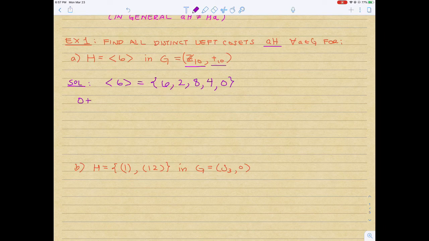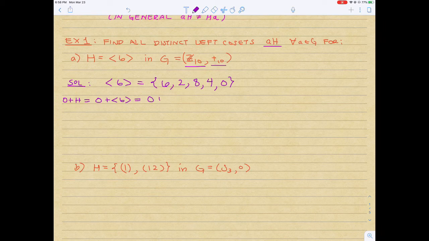So 0 plus, and I know I'm going to need some room, so I'm going to come to the edge over here. 0 plus h, well, that's equal to 0 plus, and I'm only going to do it all the way out for this first one so you understand what we're doing. So I'm picking 0 because that's an element in Z10, right? 0 plus H is equal to 0 plus the cyclic subgroup generated by 6, which is equal to, let's do it like this first,